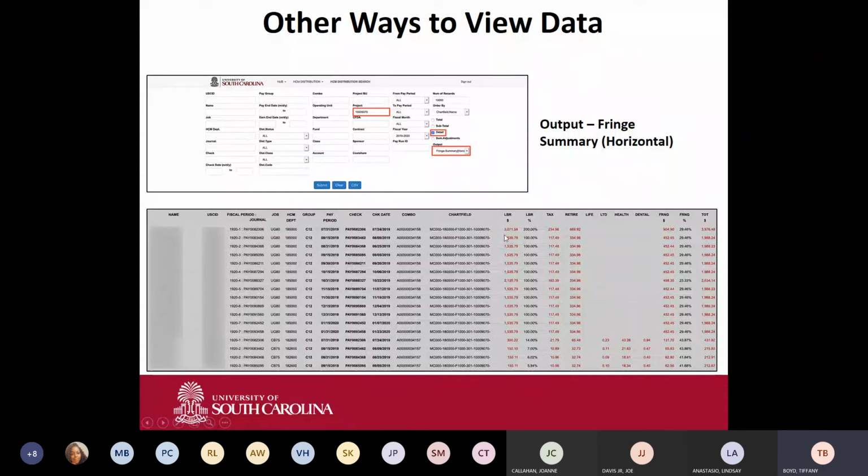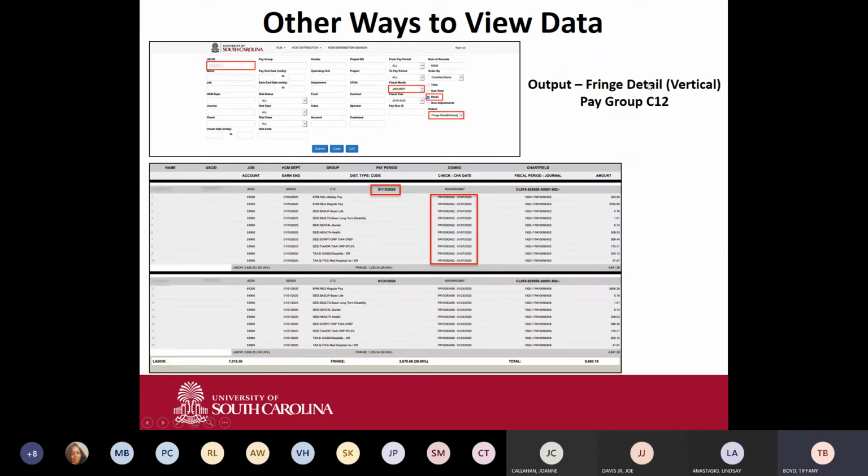So just by looking at this screen, I don't know if this is a classified employee, an unclassified employee, a student worker, so on and so forth. But if I change this output option to fringe detail vertical, I can now see that it is account code 51200. So you can get that information if you change the output detail